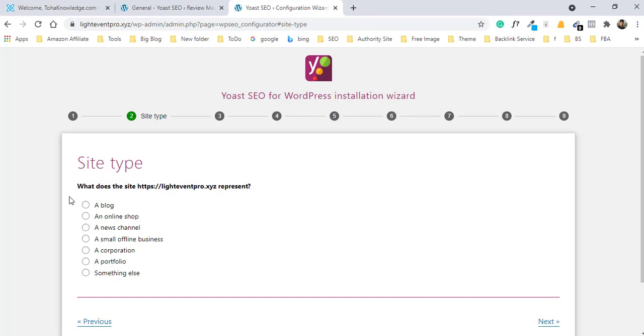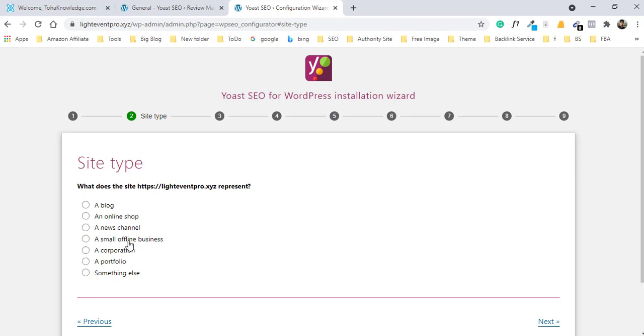Okay, now you should tell what type of website this is. If your website is e-commerce, then you select an online store. If your website is news or a TV channel, you select a news channel. Or if your website is a newspaper type website, then you select this option.